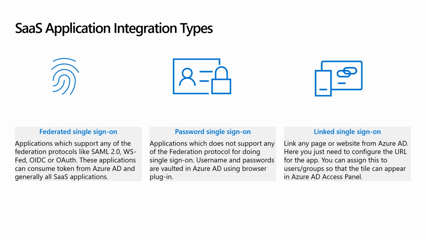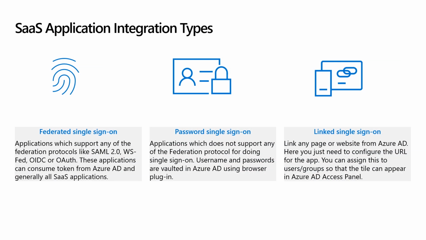With this, when we say SaaS application integration utilizing Azure Active Directory, there are 3 different types of integration which we can come up with. First is federated single sign-on, and you might already have heard about what federated single sign-on means. Basically, it enables single sign-on based on any of the federation protocols. Microsoft Azure Active Directory supports different federation protocols, including SAML 2.0, WS-Federation, and OpenID Connect/OAuth. These are some of the major protocols used today by different vendors and partners, and most identity providers support them.